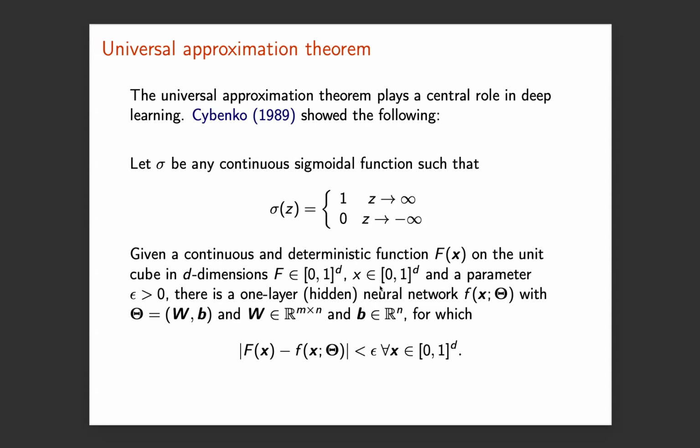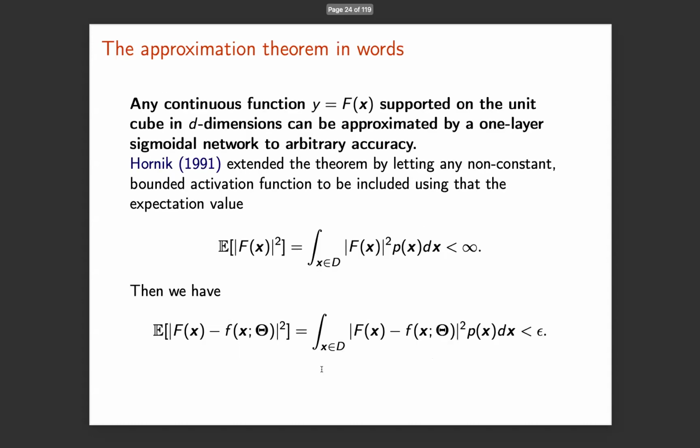And with this kind of deterministic function, what Cybenko showed is that you can approximate the function f of x with a given neural network with one hidden layer. This theorem doesn't say anything about how many nodes you need, and it doesn't say anything about the general architecture of the network, such as many hidden layers. That becomes just part of the experimentation.